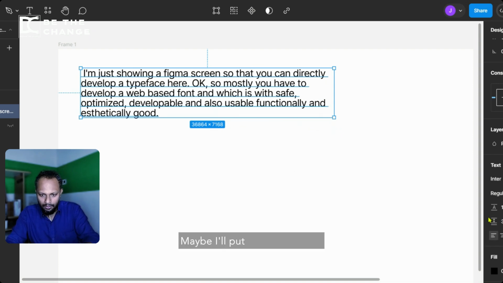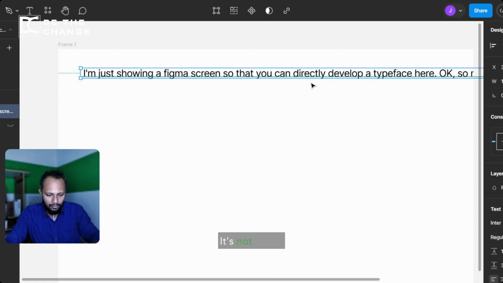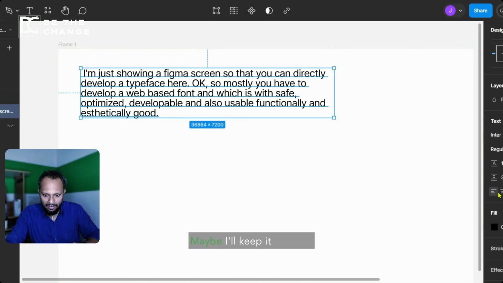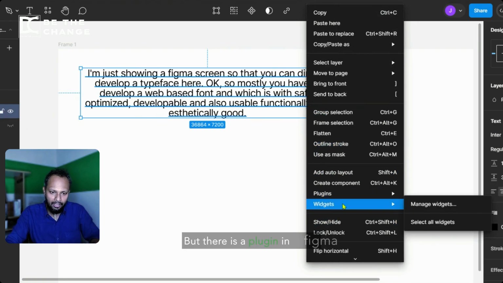Maybe I'll put leading with 35. It's not good. Okay, maybe I'll keep it like this. Maybe if it's center line, how does it look? So you can play with whatever adjustments you have here, but there is a plugin in Figma also,